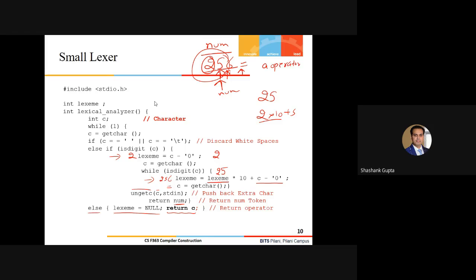But again, I must say that at this point of time, this small lexer is a very inefficient lexer, because as you can see, I have to do IO operations so many times, right? I have to use certain data structures and so on and so forth. So this has to be very efficient when we actually look into the finite state machine. So this is just an example when we are looking at these things here.